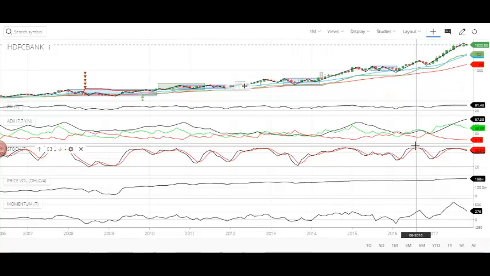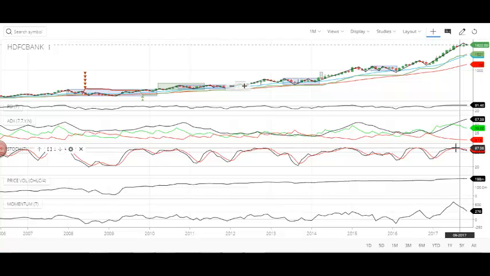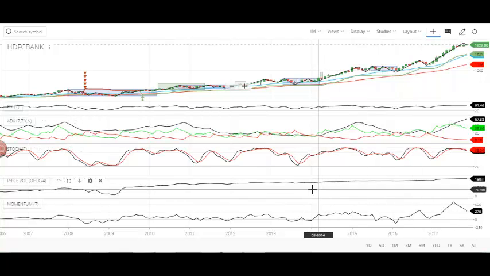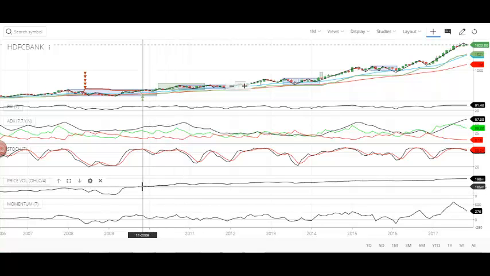And if you look at the stochastics, both the lines are on top of the 80 line. That is good. Though the slow line, the red line, is on top of the fast black line, we still need to consider other indicators, which are very strong at this moment. And price volume, I'm keeping the crosshairs here so that you can clearly see by yourself